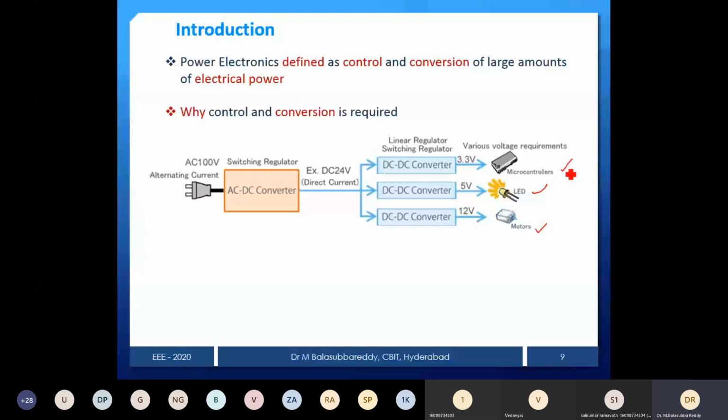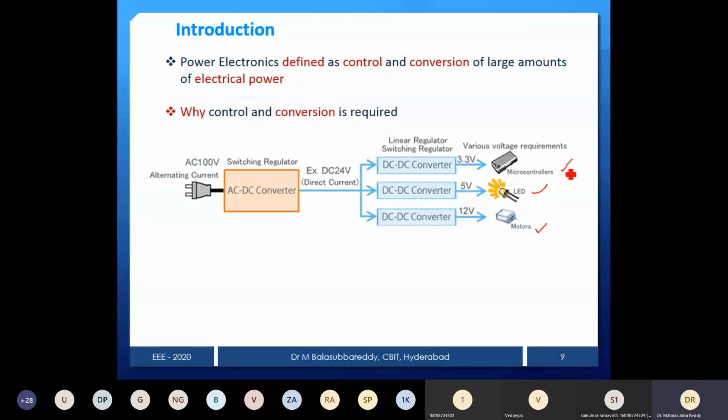Your available voltage is an AC voltage, but the application may be DC, and in some cases AC with different voltages. You may have applications at different voltage levels, but how do you meet them? You cannot directly connect 10 volts AC to 12 volts DC, or maybe 12 volts AC. What we need is to convert that AC to DC by making use of a controller. That controller may be a phase control rectifier, or maybe a diode rectifier.